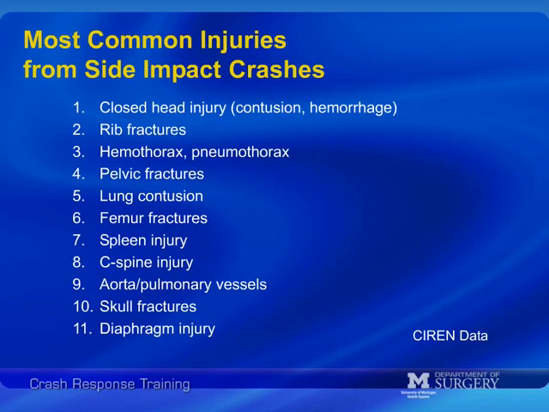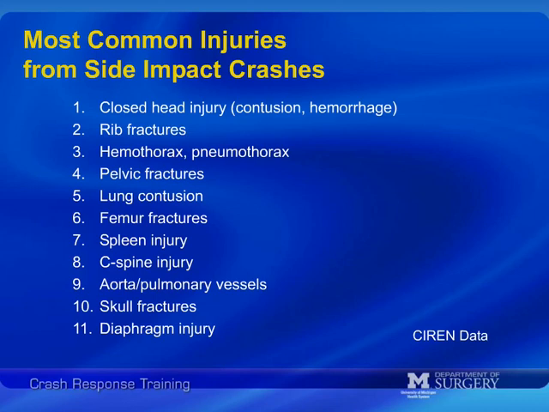Let's look at the most common specific anatomic injuries from side impact crashes in greater detail. This list has been sorted into clinical diagnoses that affect triage and medical care. Minor bruises and lacerations are common, but they're ignored. Based on current crash data, closed-head injuries, including contusion and hemorrhage, are most common, followed by rib fractures and pneumothorax and hemothorax, pelvic fractures, lung contusion, femur fractures, splenic injuries, C-spine injuries, aortic and pulmonary vessels, skull fractures, and also